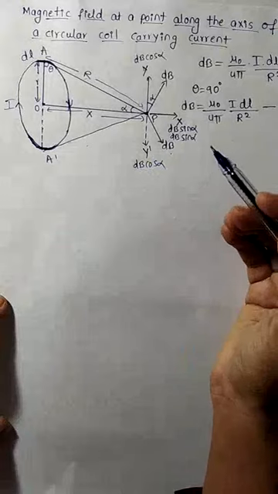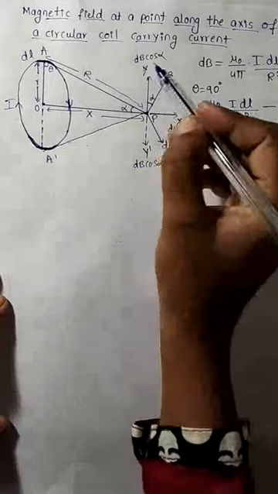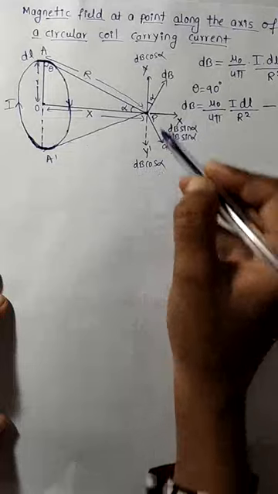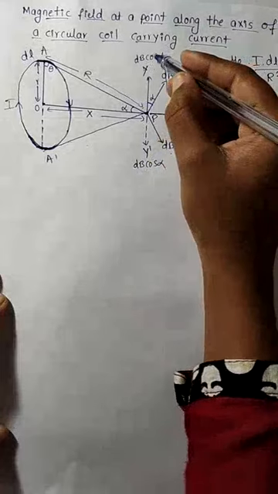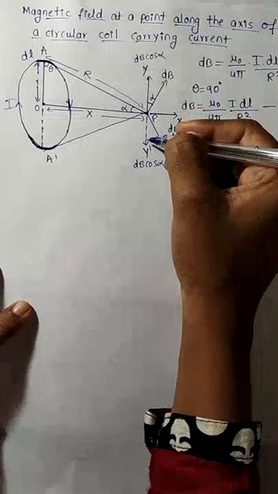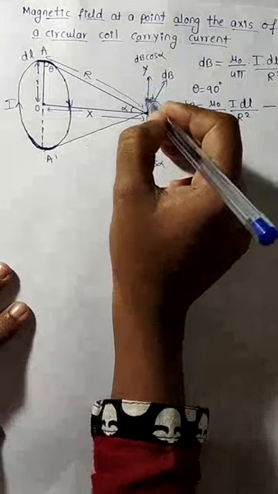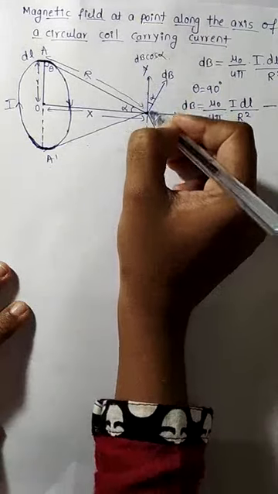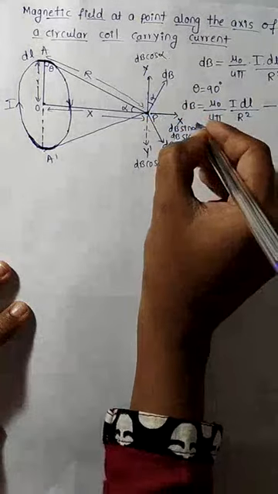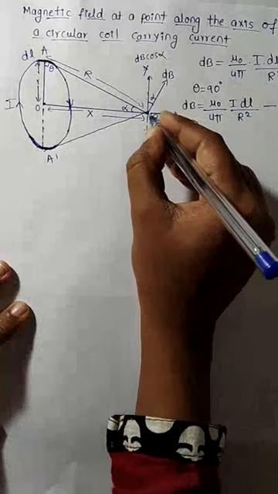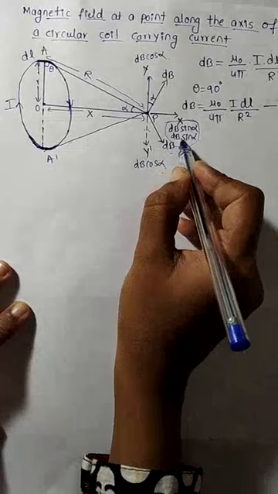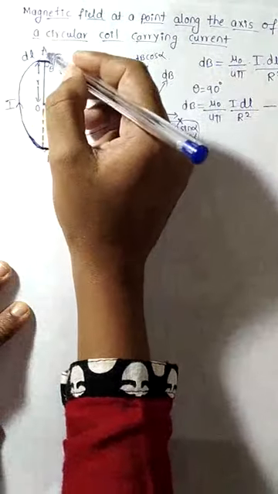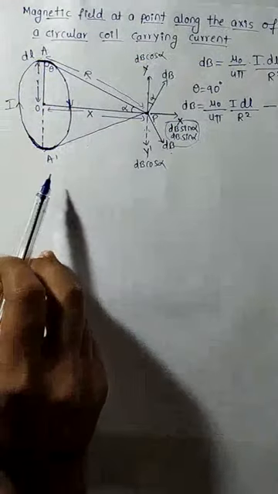Okay, so now if you see the figure, we will come to know that the dB cos alpha and dB cos alpha values are the same, but they are in the what? Opposite direction, which is, this dB cos alpha is along the PY direction and this dB cos alpha is along the PY dash direction. That's why these two will cancel with each other, isn't it? So when these two cancel, only these two dB sin alpha will be acting at a point P. So now this is nothing but the total magnetic field due to these two current elements, that is A and A dash, isn't it?